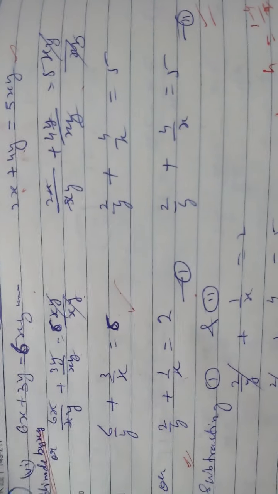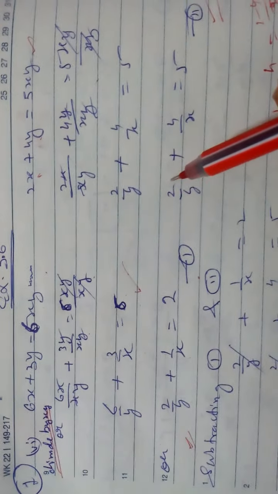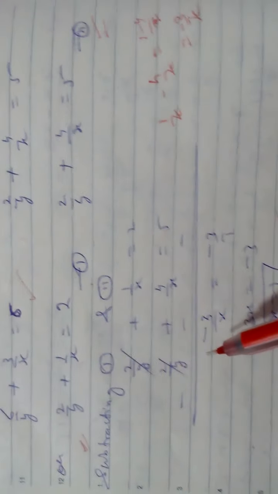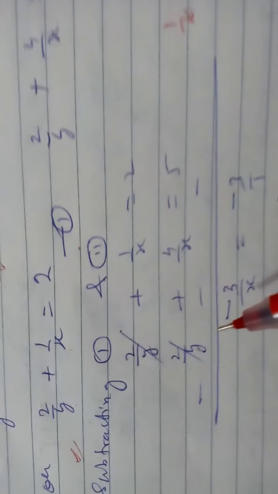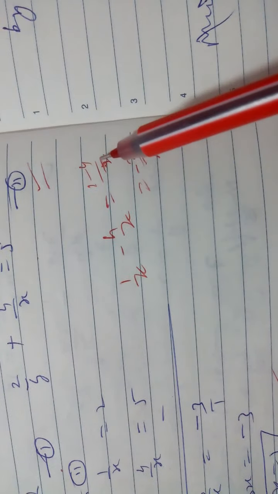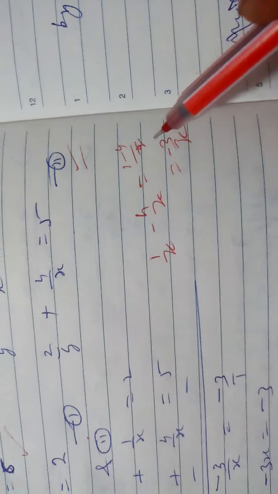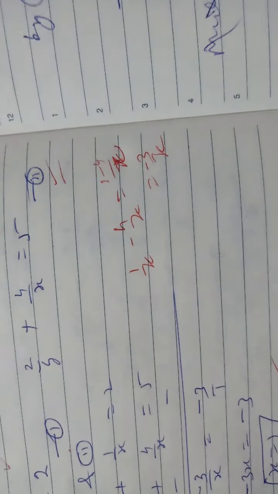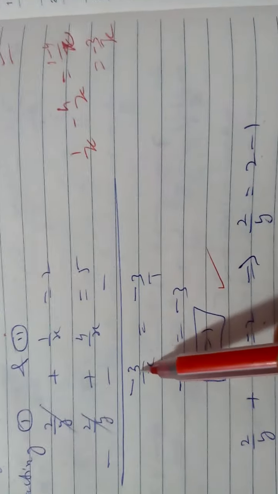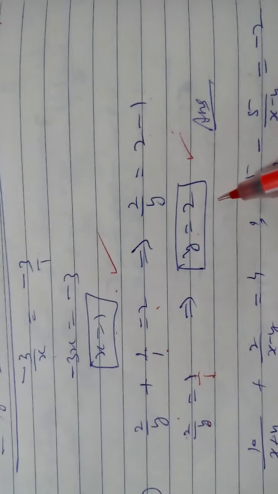In these two linear equations, the first term is equal in both. Directly, without assuming, you can subtract. By subtraction, this will cancel, but 1 upon x minus 4 upon x, you take it like this: 1 upon x, and take the LCM, you are getting minus 3 by x. Both denominators are x. So here you are getting minus 3 by x equal to minus 3, so x equals 1. Put it in any equation, you are getting y equal to 2.